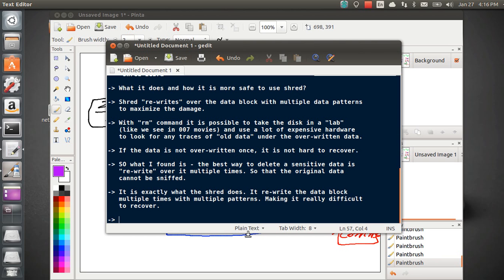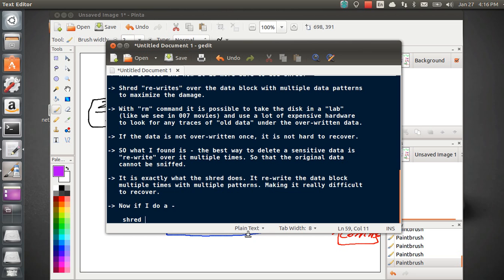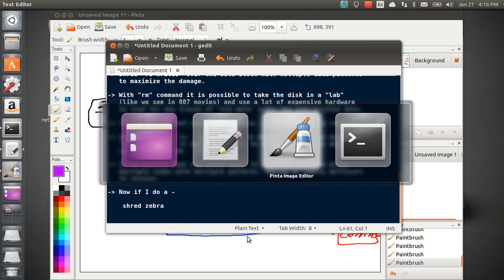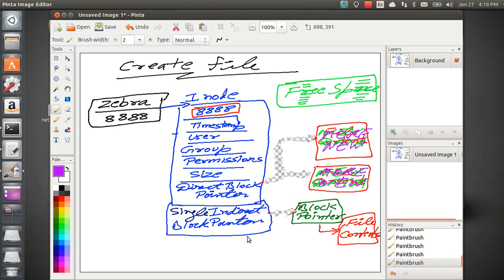So what happens? If I do a command, say shred zebra, let us see in an illustrated way. Shred by default rewrites 3 times, but you can increase the number. So it rewrites on this data. I'm just undoing it. This is done, undone, undone. So let's suppose